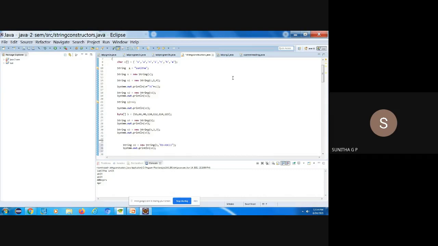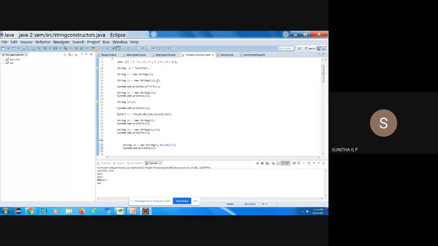the syntax of the first type and the respective example, and the two line statements on what that constructor is doing. For line number 12, what it is: a string object S is created by converting the character array C into a string. Okay, so line number 14, what you should write: a string object S1 is created, using the characters from position 1 and 4 characters from there.